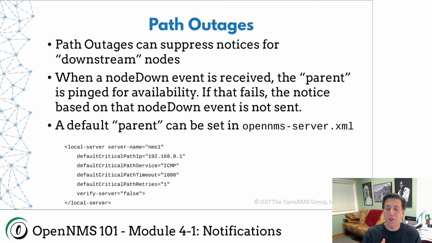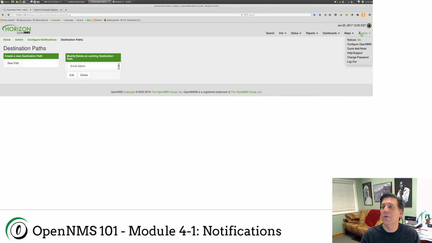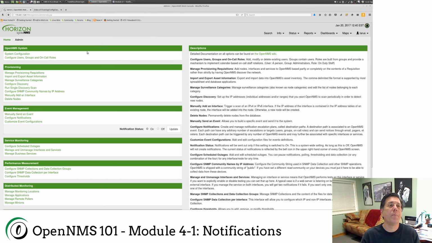What I usually do is I set the next hop. I set the router on the LAN segment for the OpenNMS server. And so if I can't ping that, I assume there's a huge network outage, and therefore there's a problem. Now to configure this, we go to Configure OpenNMS, and I go, again, Notifications,